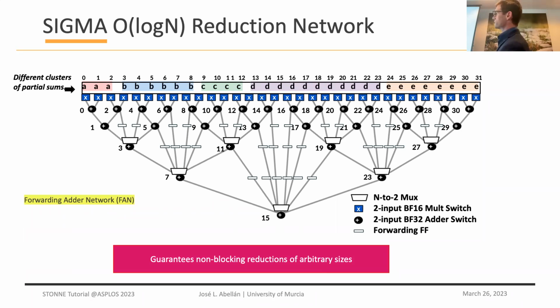Essentially, this is, similarly to the Maeri architecture, a reduction tree. But what happens here is that the adders are simpler, just two-input adders, and we have multiple connections, the forwarding links to different levels. So we support the flexibility required to implement multiple concurrent dot product operations with virtual neurons at the same time